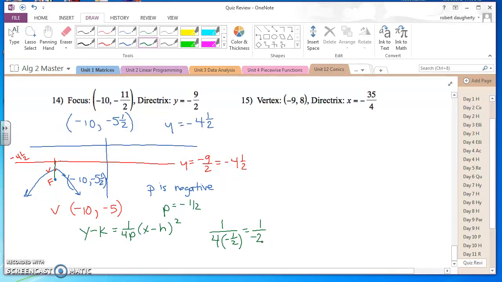So my final answer is y plus 5 is negative 1/2 times x plus 10 squared, or in standard form, just to solve for y, y is equal to negative 1/2 times x plus 10 squared,